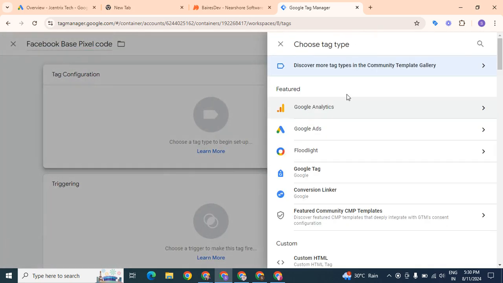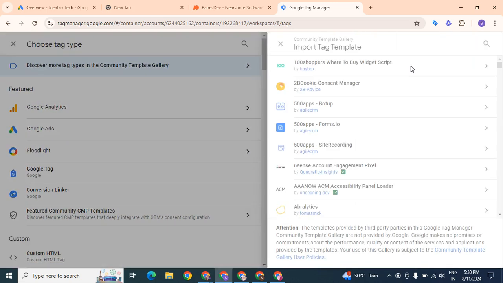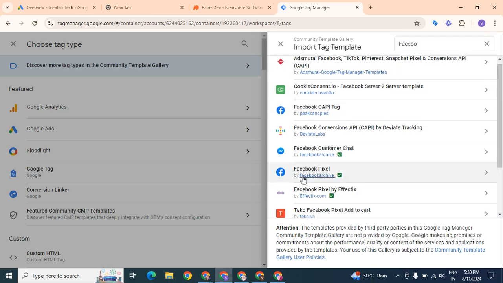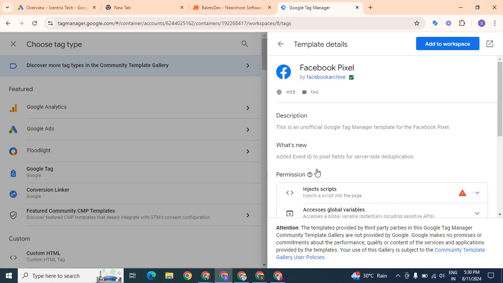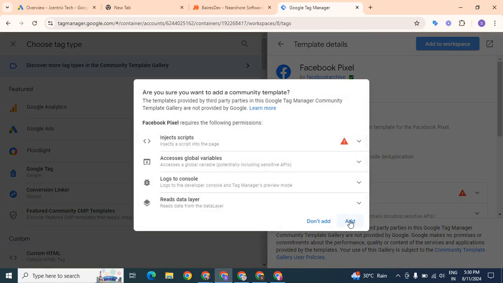You will click here and click this community template gallery. This was Simo Ahava, the famous blogger, who created this template, and later Facebook acquired this template, and it is named by Facebook Archive. So Facebook acquired this template, and you will do add to